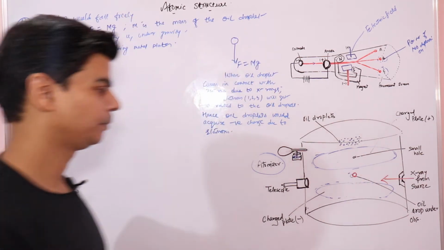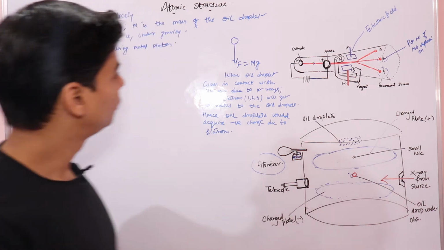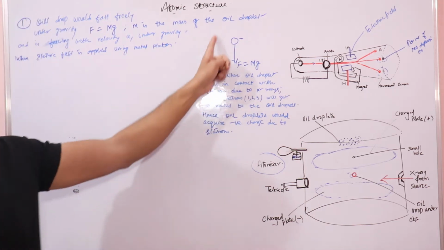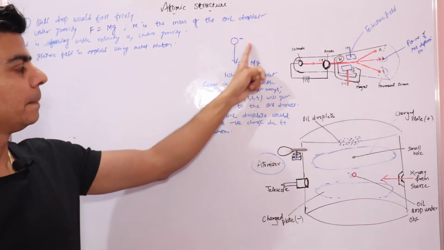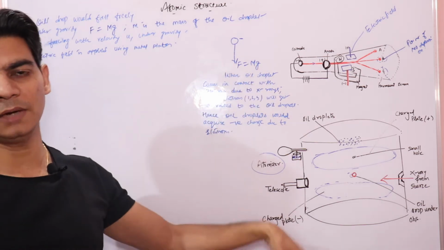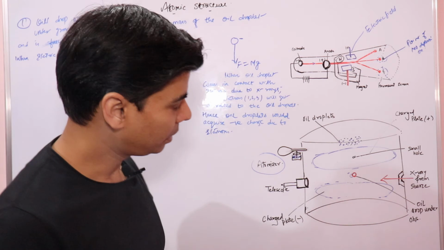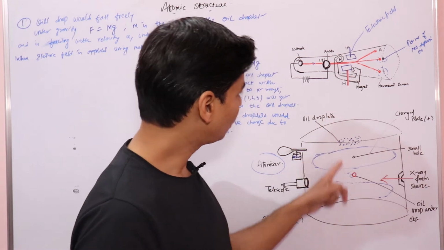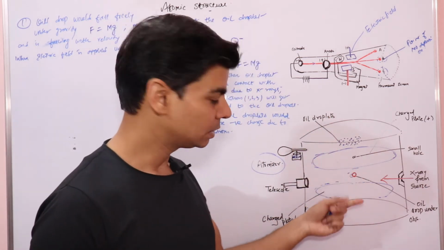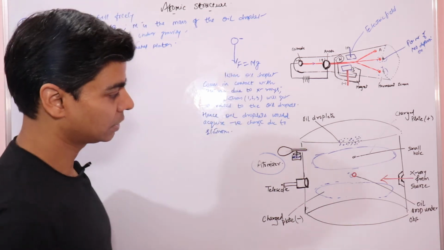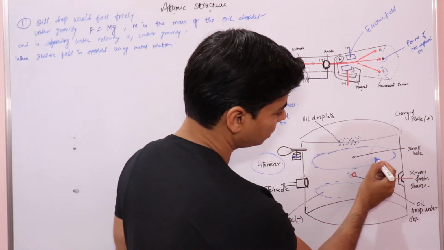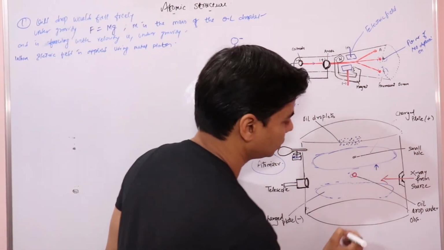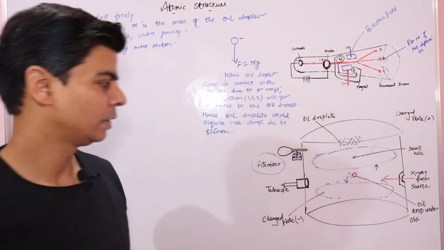is negatively charged, right? Now this oil droplet, which is negatively charged, is falling freely under gravity and is acted upon by a force mg due to gravitational pull. Now suppose we apply an electric field between this region. So when this oil droplet enters this region, since it is negatively charged, it would be attracted to this positively charged plate. So this attraction would be in the opposite direction to the direction in which this oil droplet is falling, right?